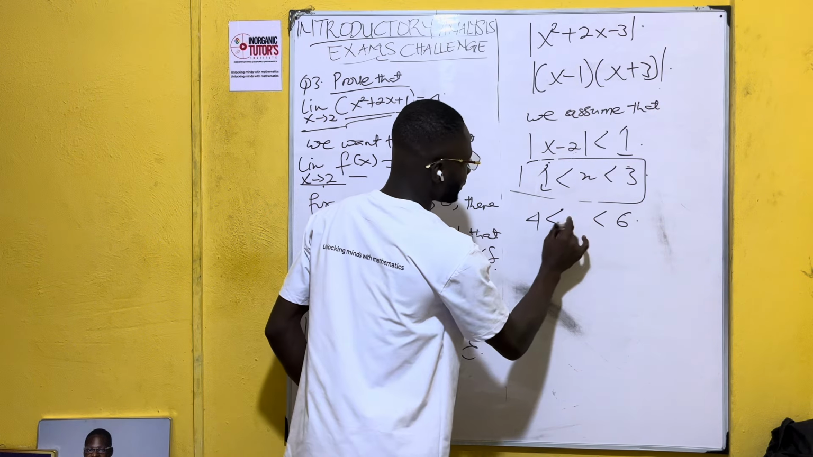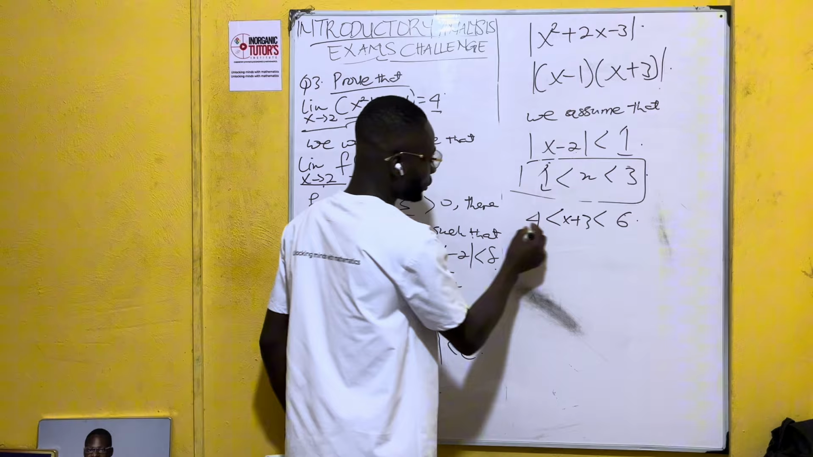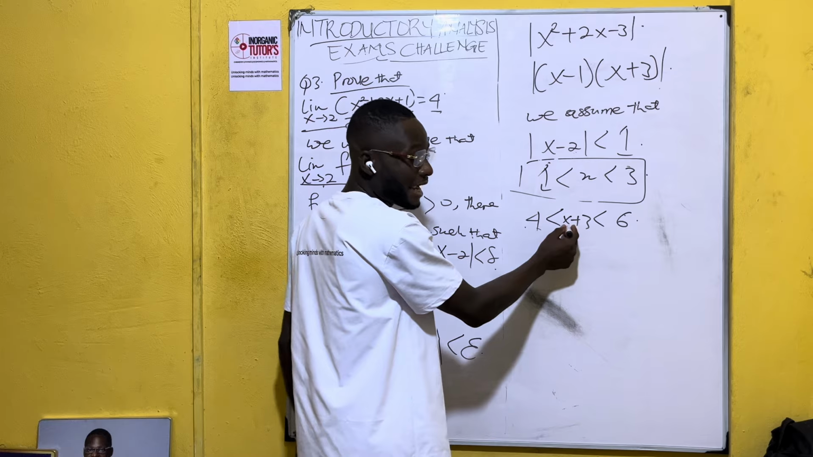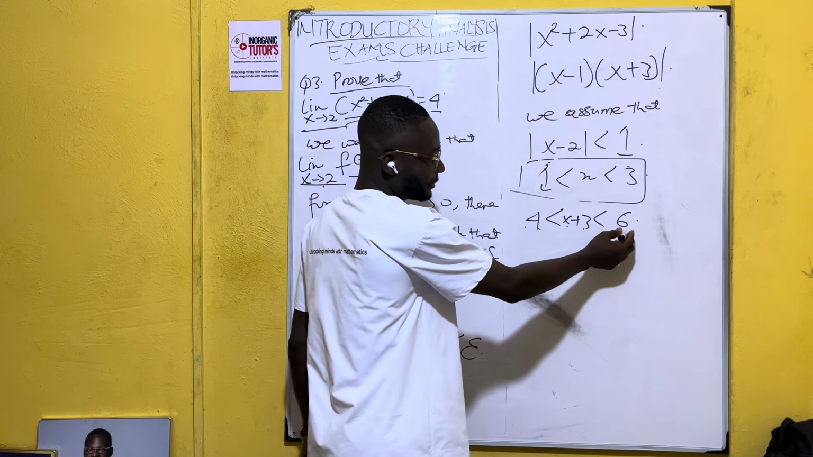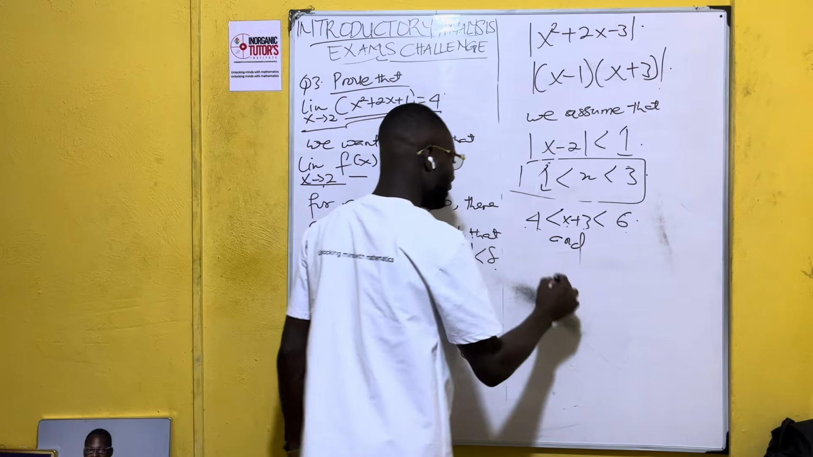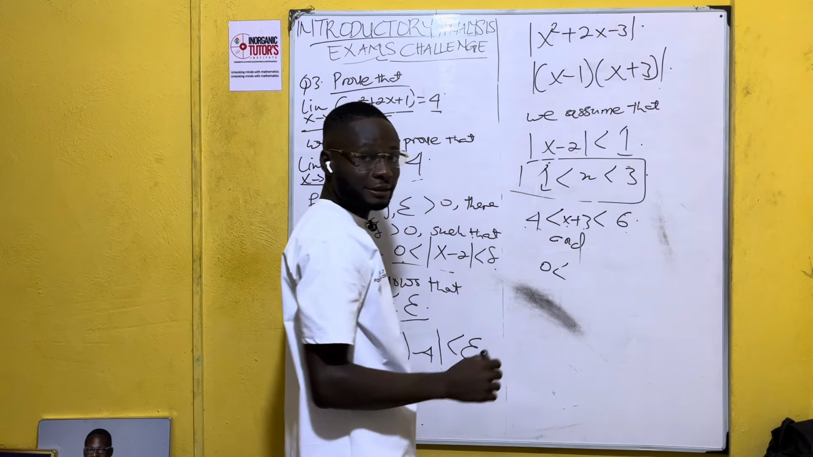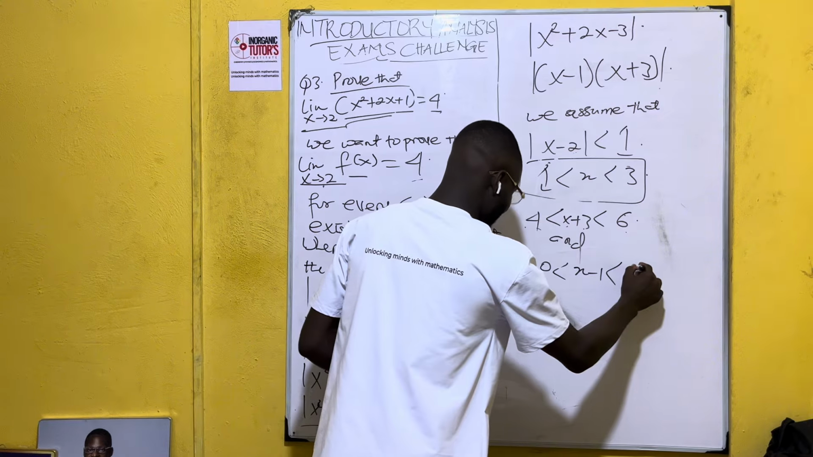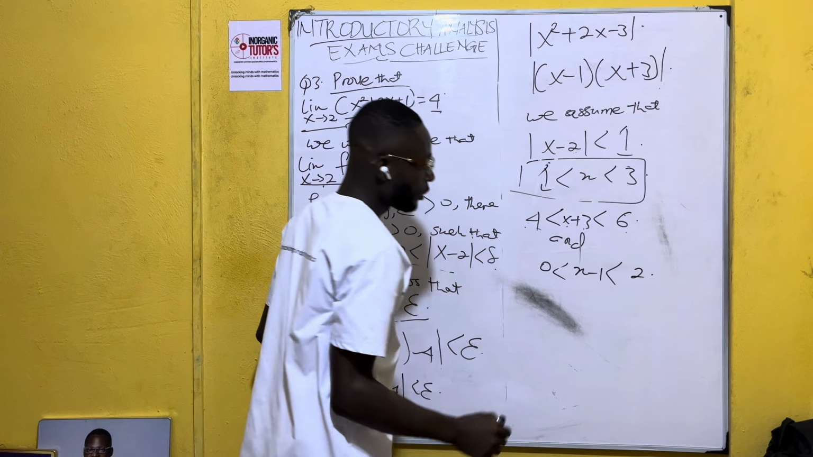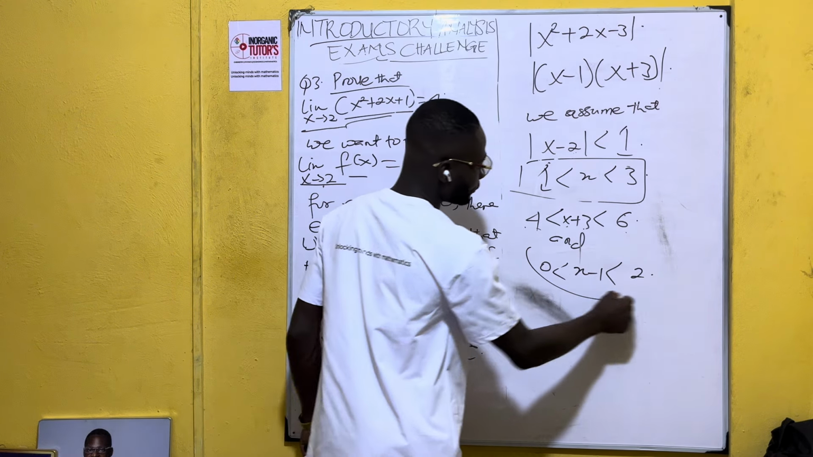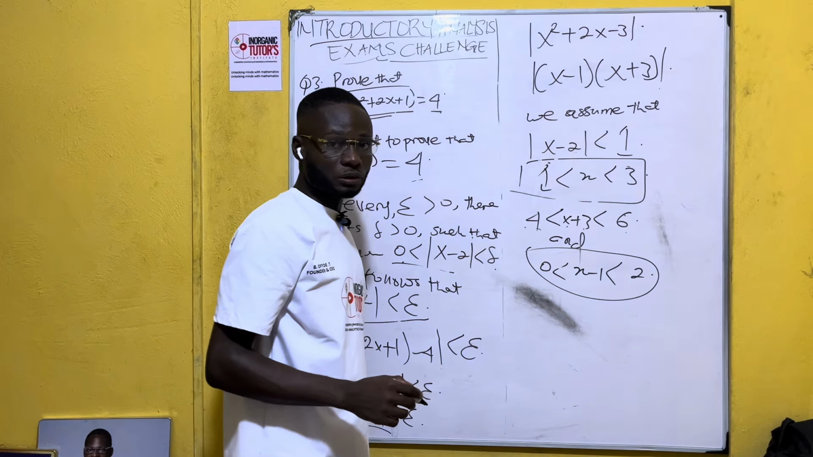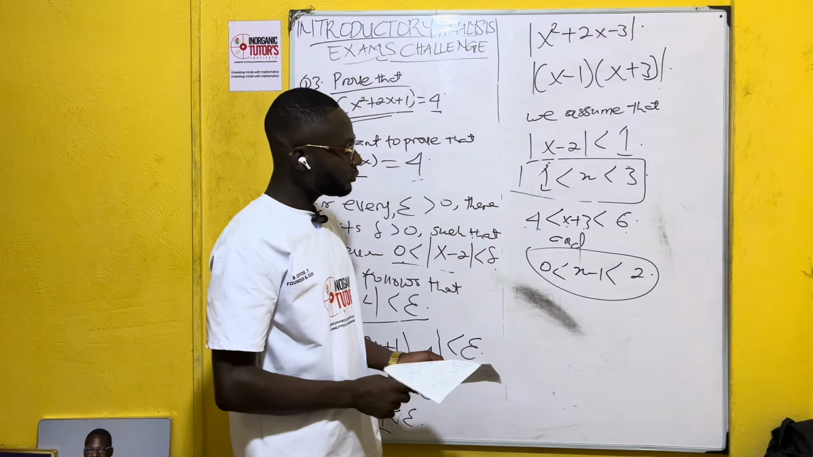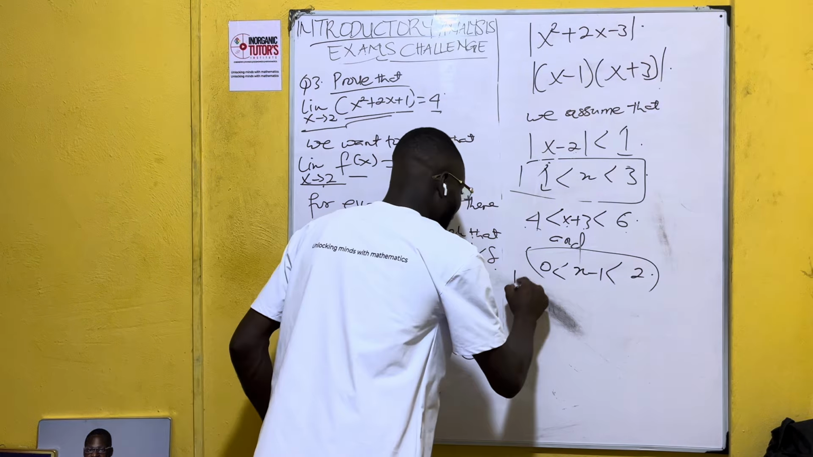Remember there is x plus 3 here, so you're going to have 4 less than x plus 3 less than 6, and 0 less than x minus 1 less than 2. So this is what we have. Now, since